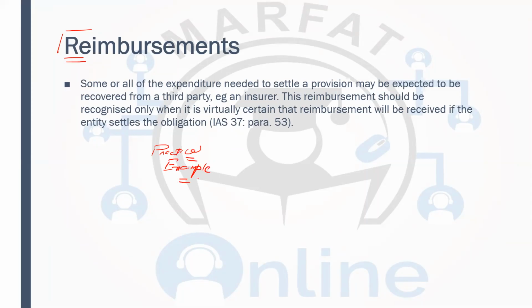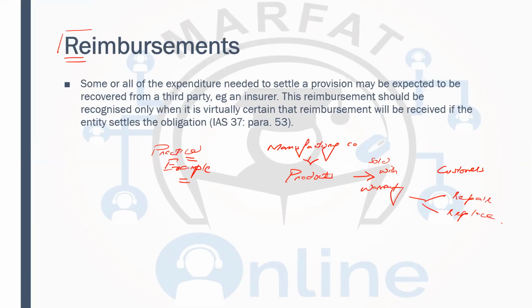Sometimes you are a manufacturing company, and you are making a product. You have products and these products are sold with warranty to the customers. Now the warranty gives them the right that if they come up with the product, either you will be repairing it or you will be replacing it. So if the customer comes for the claim, then you're going to repair it or you're going to replace it. And this warranty which you are offering is actually insured